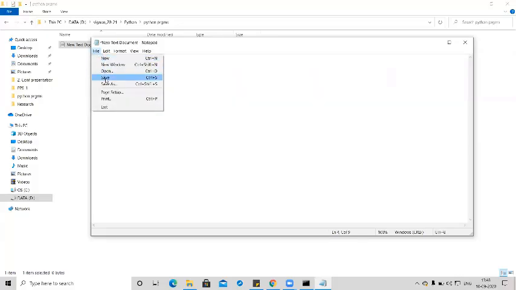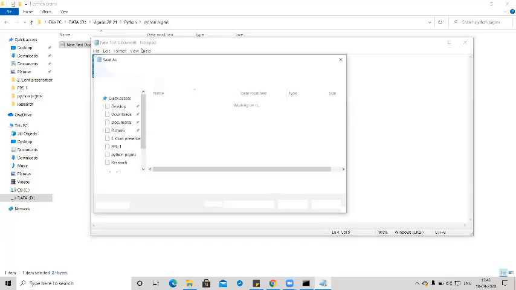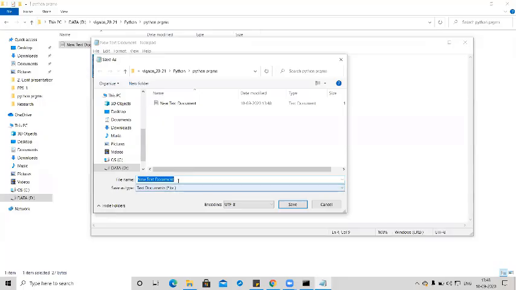Now save your document with the name sample program or addition program. Simply type add with the extension .py. So add.py. Compulsorily the saved program should also be in your folder only.